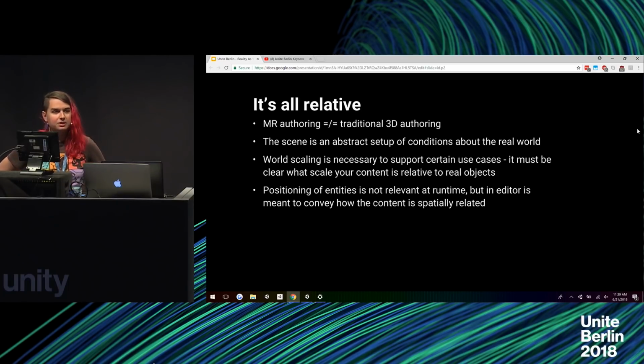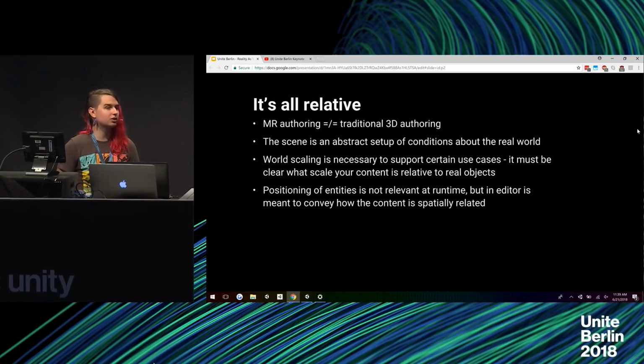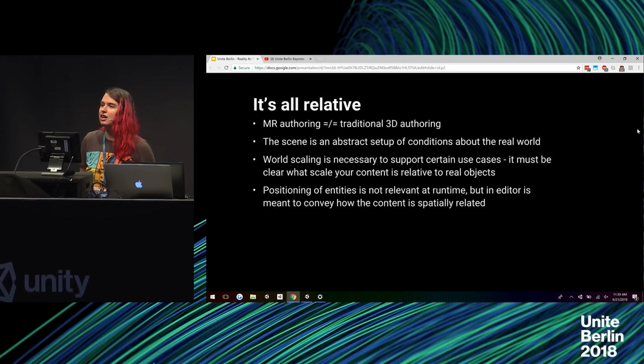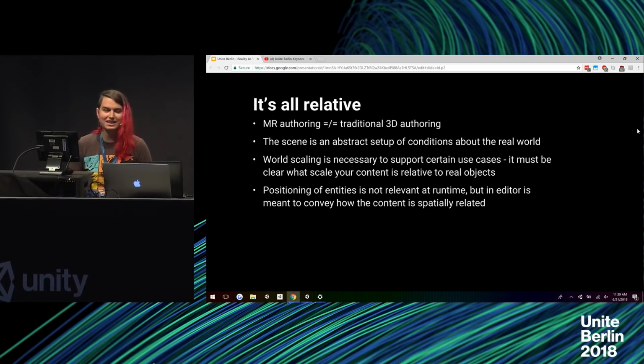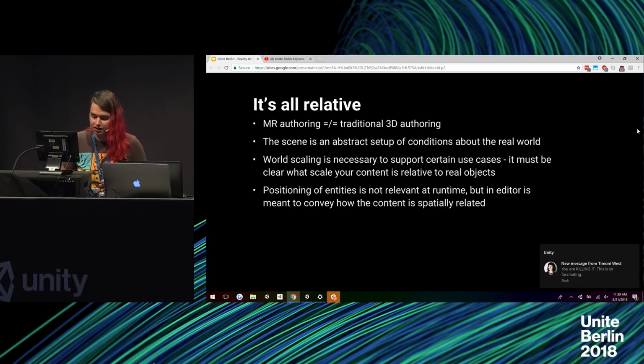When you're making a completely virtual app, what you see in your scene in the editor is more or less what you're going to see on device. But that's not true for MR. You can't encapsulate all possible real settings in a single scene. MR scene setups must be abstract. What you'll usually end up working with is a bunch of these, what we call digital islands in the void